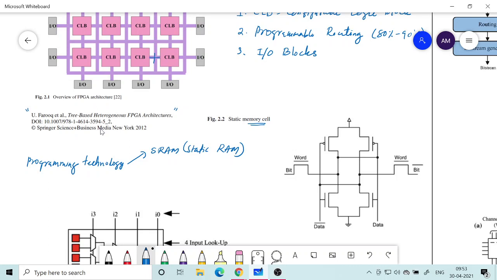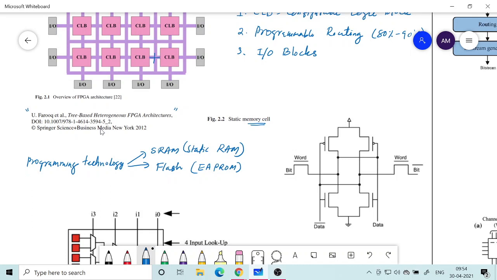And the second way in which you can program these connections or CLBs is by using what we studied in the previous class, which is flash memory. Remember, it is also called electrically alterable ROM.